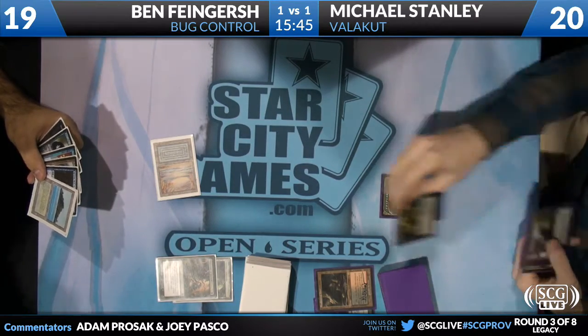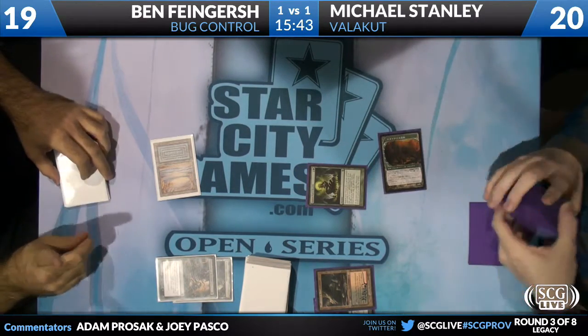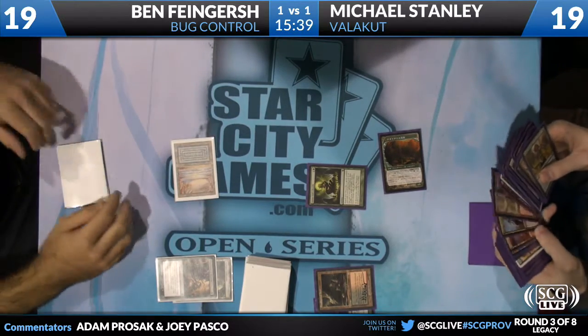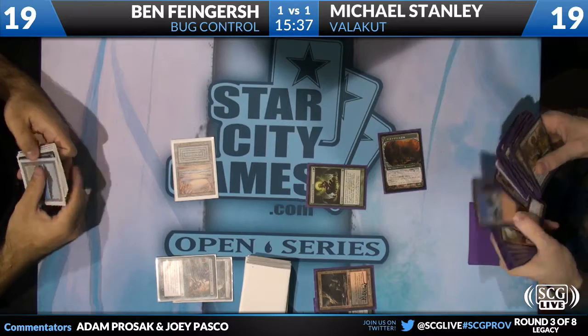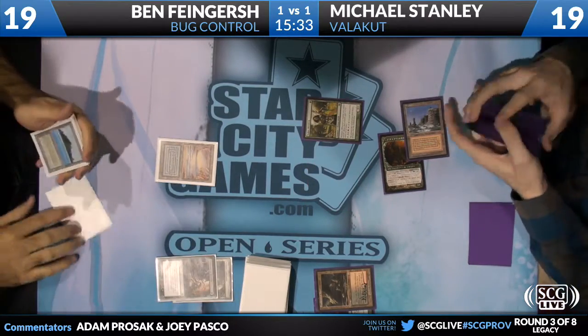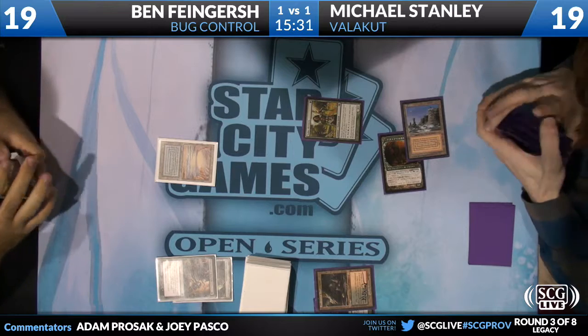Like Stanley, playing out a Green Sun Zenith for 1, fetching out a land of some variety. It's a Plateau. So Green Sun for 1 gets him a Noble Hierarch. Really nothing else in the deck besides...